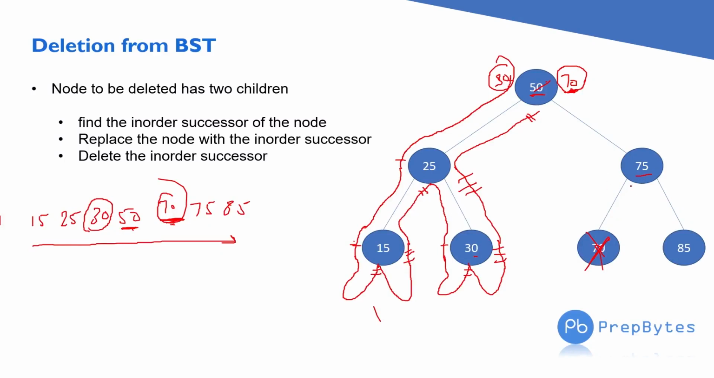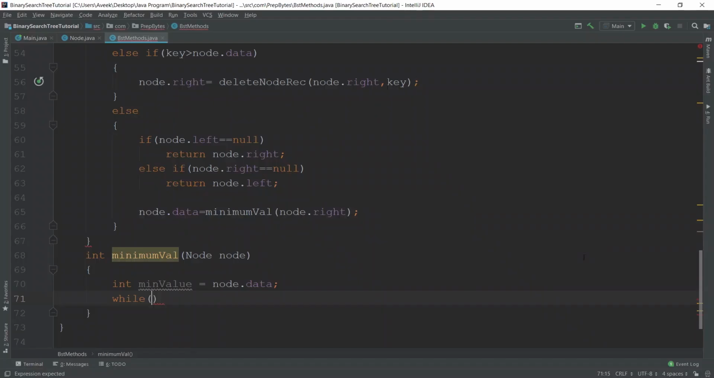Now I simply have to go left and left till I find the leftmost element. Once I find the leftmost element, I will simply copy it. And how will you find the leftmost element? Just check: if there is no left child, that is the leftmost element, correct? There is no left child for 70, so 70 is my leftmost element. So while